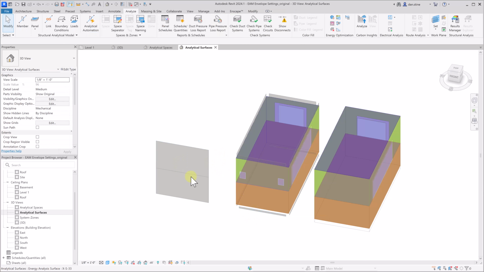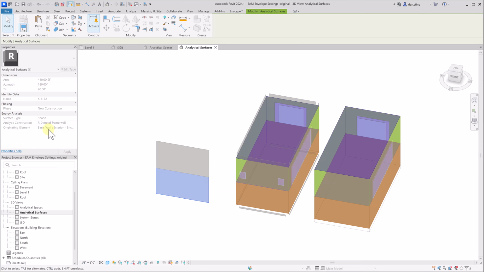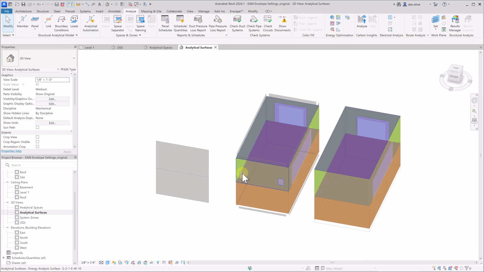And then finally, this isolated wall that is not adjacent to any interior conditioned space also becomes just a simple shade surface. So if there was an existing building next to your building, you could model that and have that be a shade surface that would affect the solar heat gain of your building. And then we'll also see